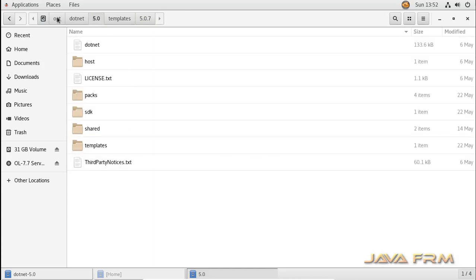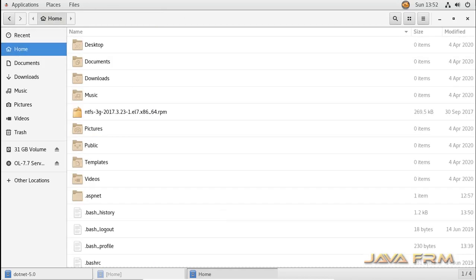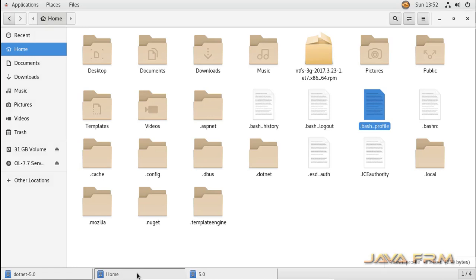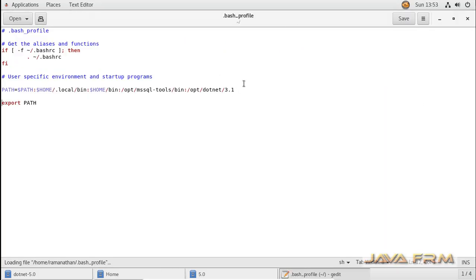Okay, so the next step is I am going to the home directory. So I am going to modify the bash profile settings of the current user. So previously I installed .NET Core 3.1, so I am deleting this line and pointing to 5.0.